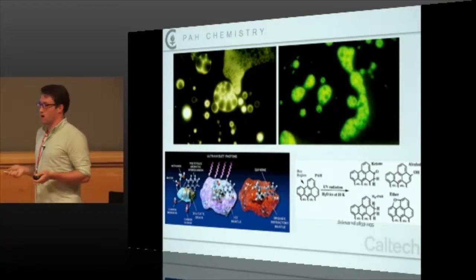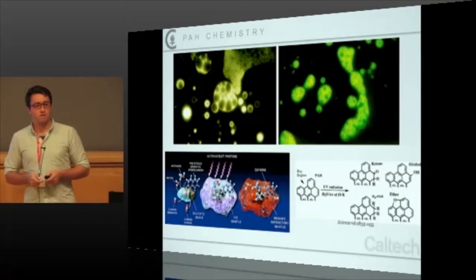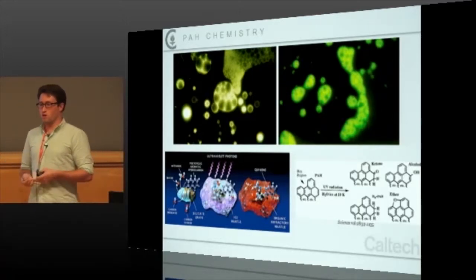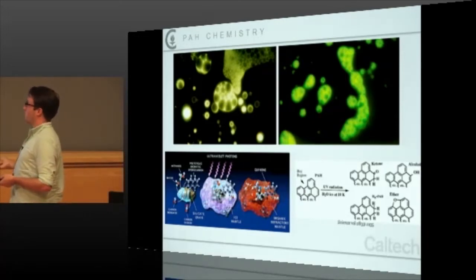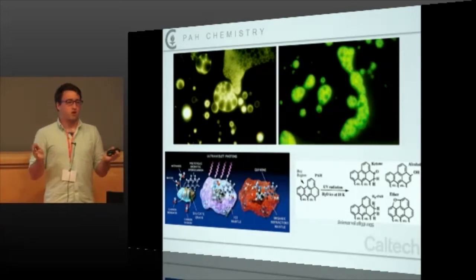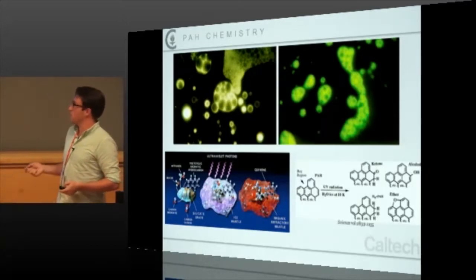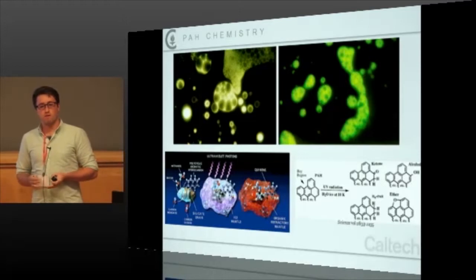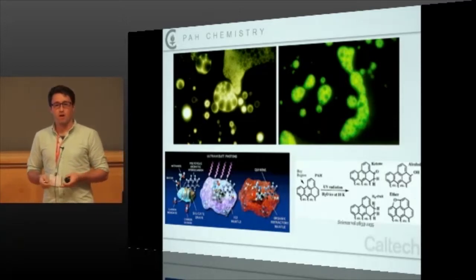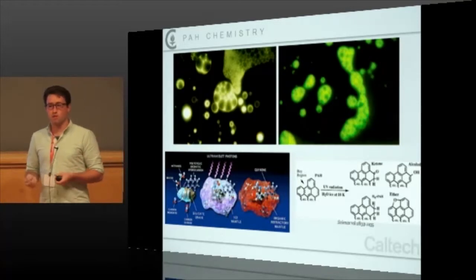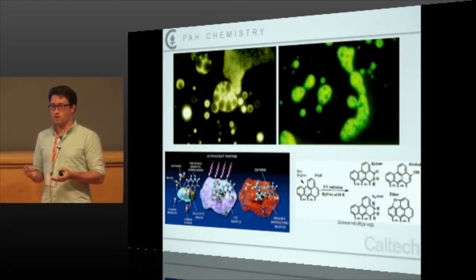And the really cool thing for biology is, well, if you look at life on Earth, basically everything has a cell membrane. It's such a massive evolutionary advantage that once you develop it, you never go back. It maintains the chemical gradients, concentration, and gives you protection from the external environment. So it's such a huge evolutionary advantage. Once you make it, you never go back. And the question has always been, when you start to make life on Earth, how do you do it? What's the first step? And at some point, you have to make a cell membrane. The question is, when did that happen in the process of making sort of a self-replicating system?